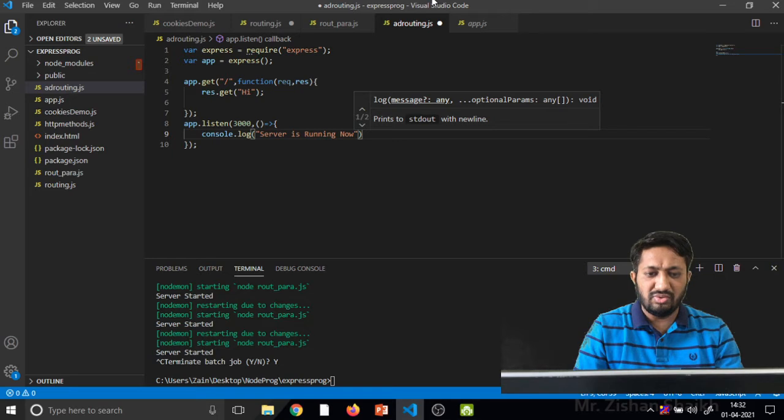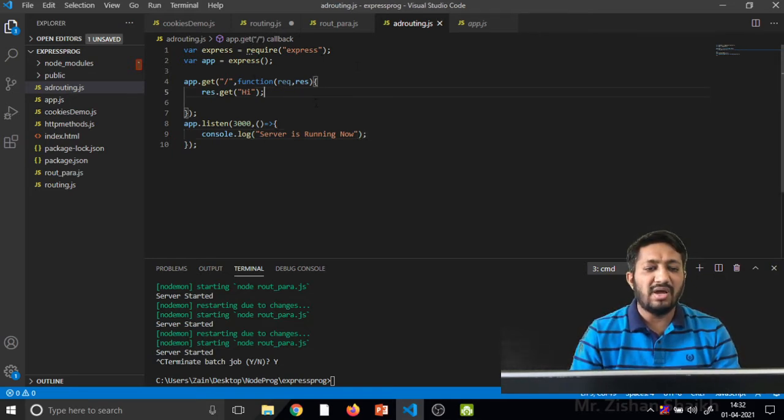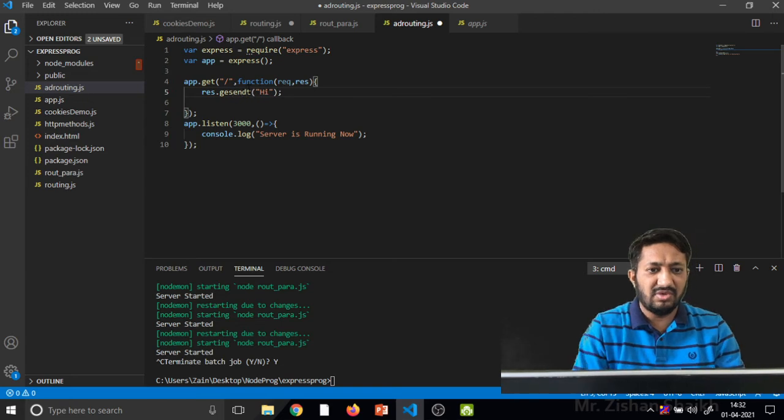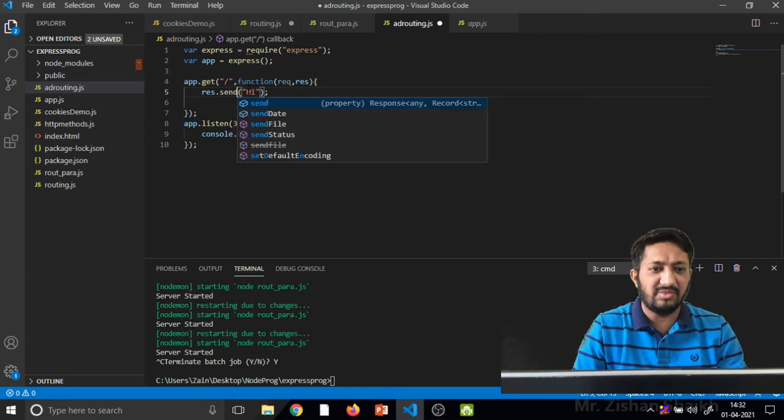So this is the basic code of how our application is working. Response.get is not right, we have to write response.send, it's a mistake.